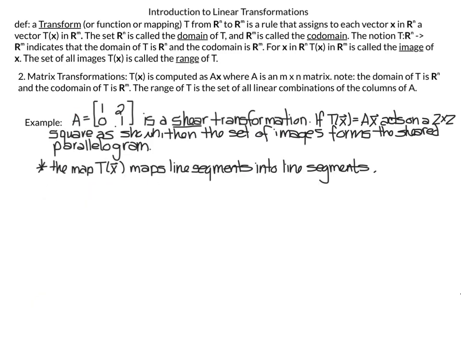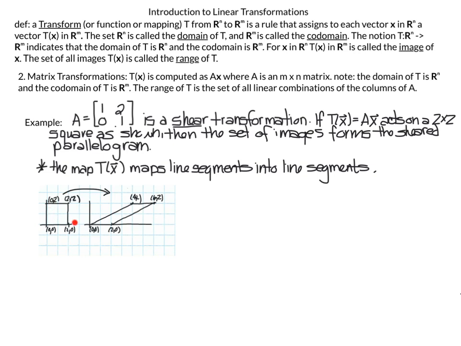This next matrix, A equals 1, 0, 2, 1, is a shear transformation. This is another transformation you want to be familiar with, where you have ones on the diagonal and possibly some scaling factor on the off diagonals. So if T of x equals Ax, where A is this 1, 0, 2, 1 matrix, acts on a 2 by 2 square, then the set of images forms a sheared parallelogram. So here's that transformation. It takes a square and makes this kind of parallelogram that's what they call sheared,